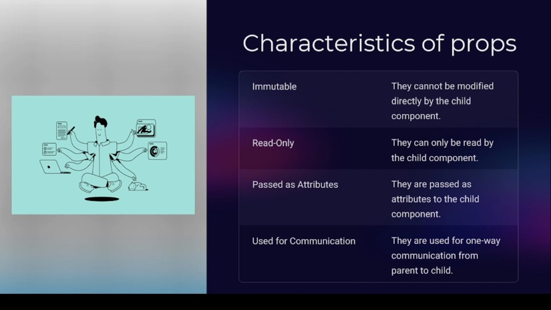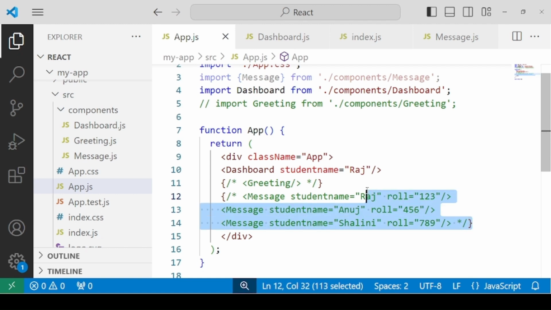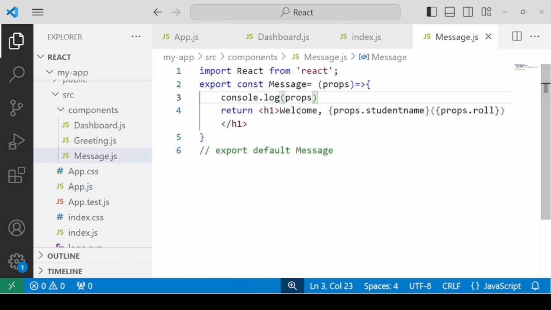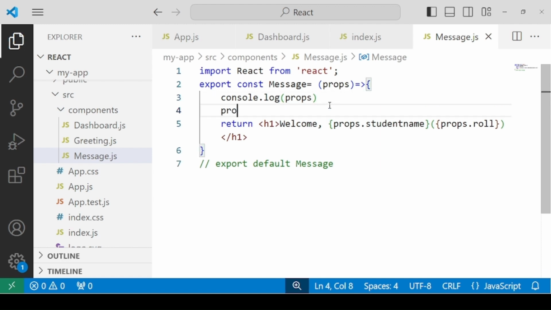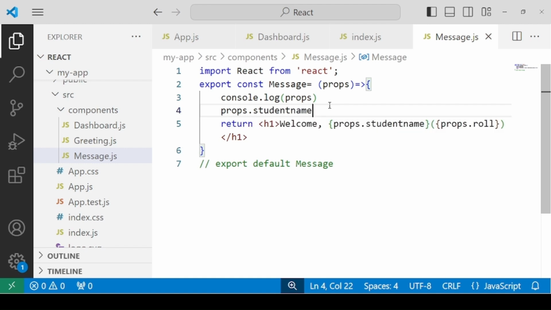Now we are going to prove that props are actually read-only and hence immutable. Let's try making changes inside our function component. I'm going to render it just once. Inside the message component, you assign props dot student name equals some value.